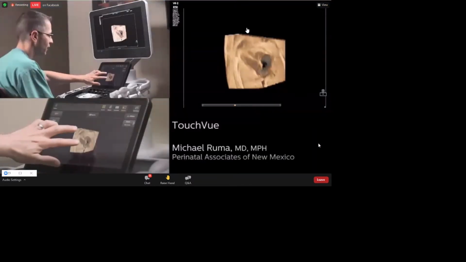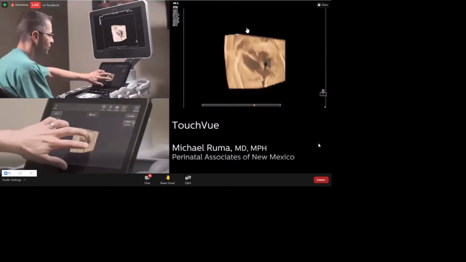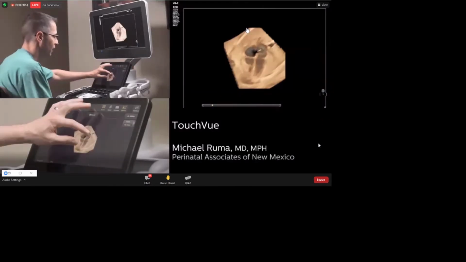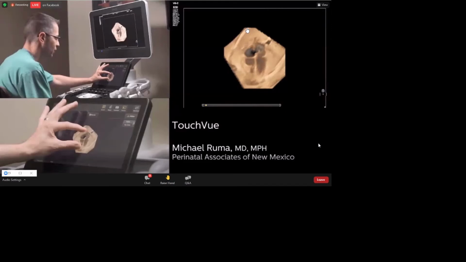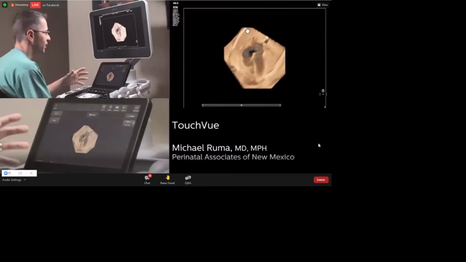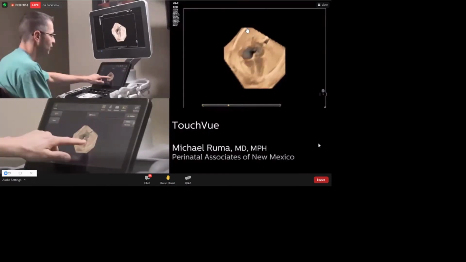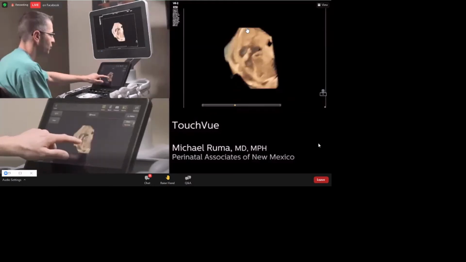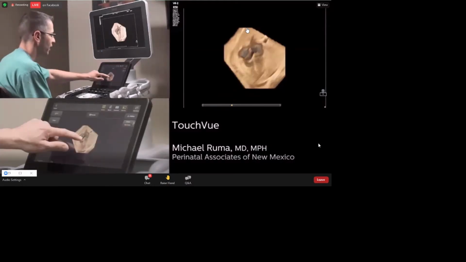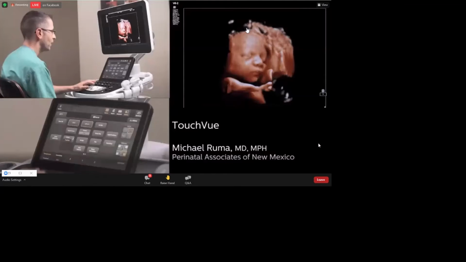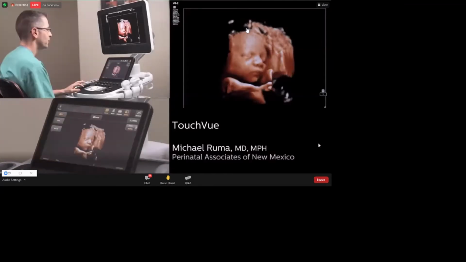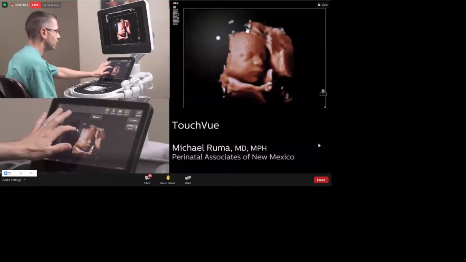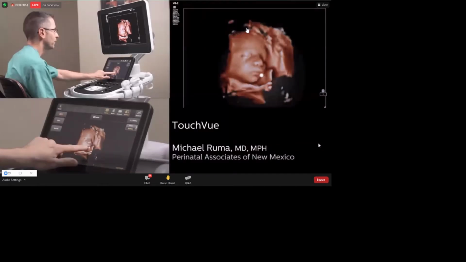TouchView is very interesting because instead of using rotational knobs to change the volume, you can simply use your hand. And not only can I rotationally use two fingers to move this in a Z-plane like that, I can use a single finger to move the volume in an X as well as Y plane. And then we are going to bring up TouchView to be able to put the light and drag the light for the patient, yourself, around the volume